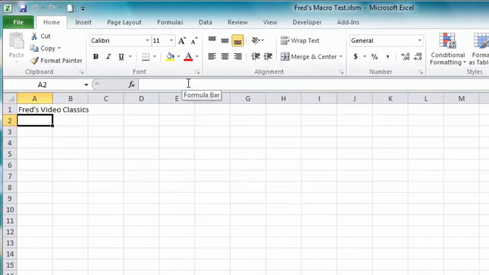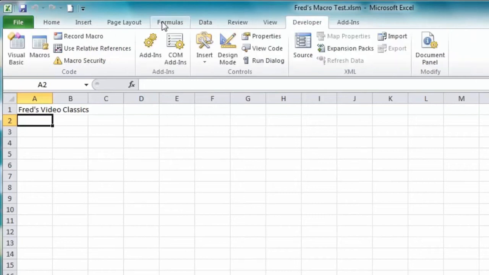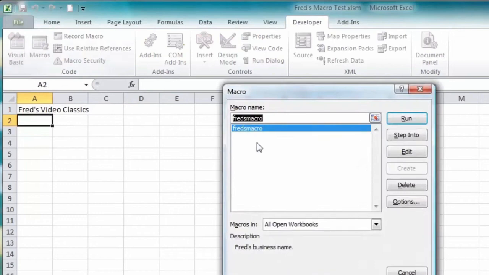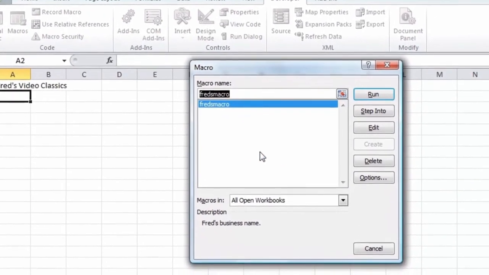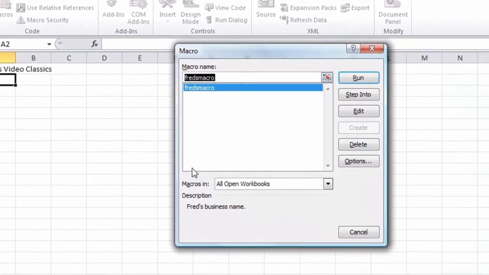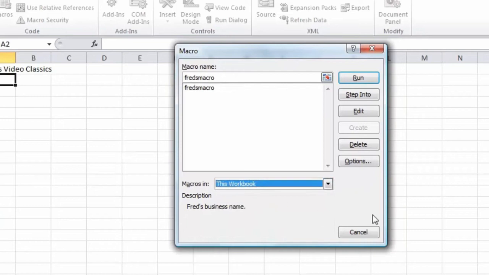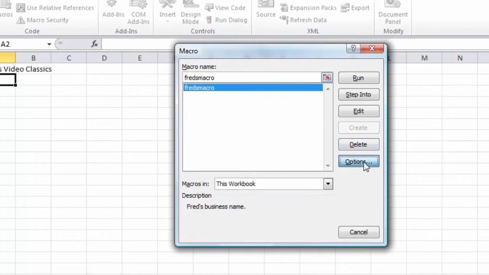If you want to remove macros, all you need to do is go back to the Developer tab, come to the Code section, and click the large Macros button. When you do that, you get the list of all the macros contained in the workbook, and down here we have the options to look at macros in all open workbooks or just this particular workbook. I do have the option here of selecting the macro and deleting it,